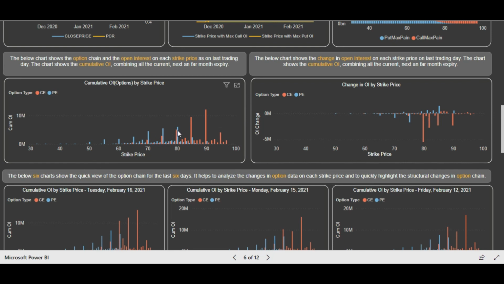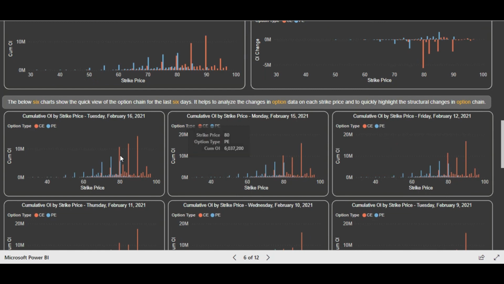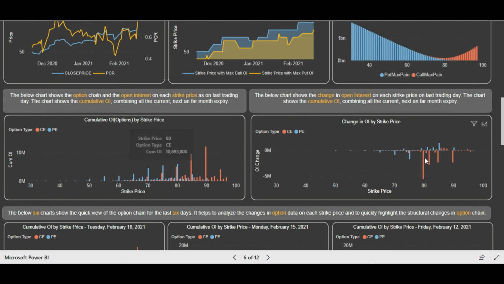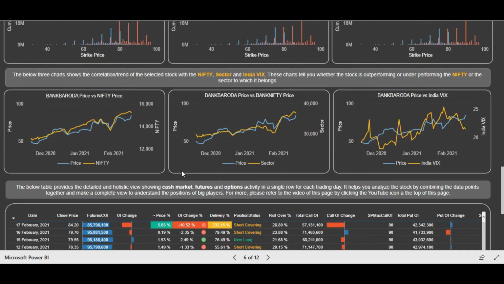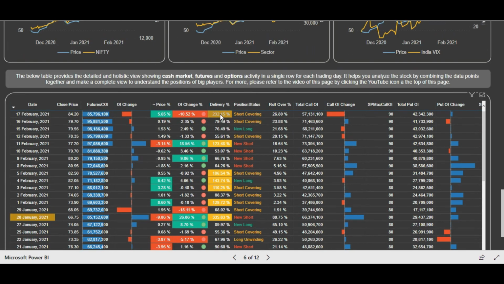So now you see that the put writing is maximum at 80 level. Earlier the call writing was maximum or very much concentrated at 80 level. Now that has been unwound, and now the put writing is done, and obviously we have seen a huge short covering here. So you see that today the cash market delivery was huge. You see the short covering, you see a great price rise, and you see the put writing happened more and the call unwinding took place. A huge call unwinding took place.